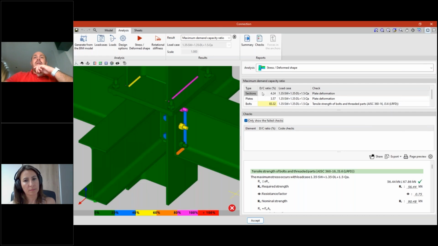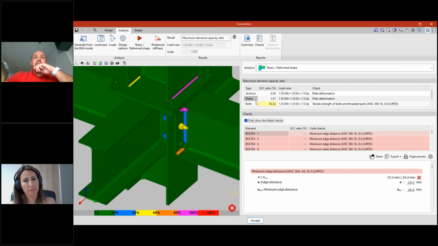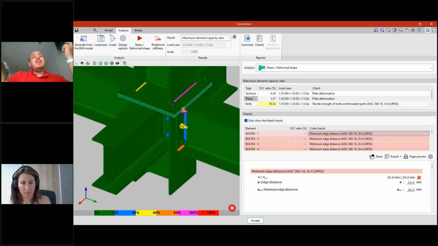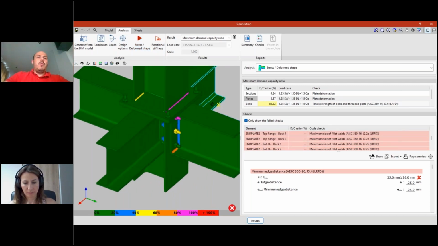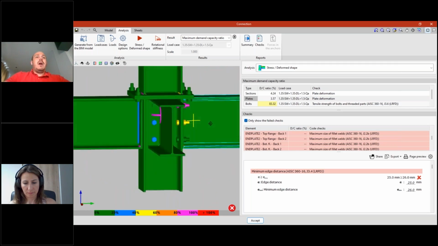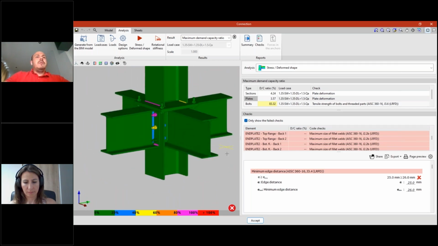So using this button here, we can see for each element which elements failed. For example, on the plates, we have some points of the code that do not check. Okay, so for example, here this edge distance is not okay. We should now change the model and design it again. Okay, I will not change that. It's just to show one example of how the results will be shown to us in the